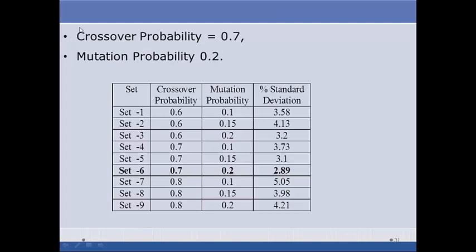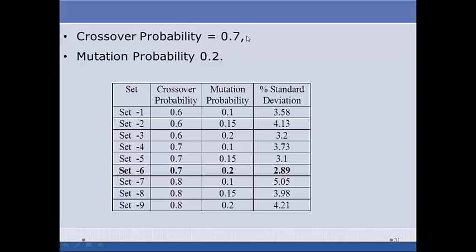Then the next were crossover probability and mutation probability. Now what does it mean? Crossover probability means, suppose we have generated 10 solutions. Initial population is 10, I'm just giving you an example. In my case, it was 50. So out of those, 0.7 means 70% of the population should undergo crossover. This is the meaning of this crossover probability.